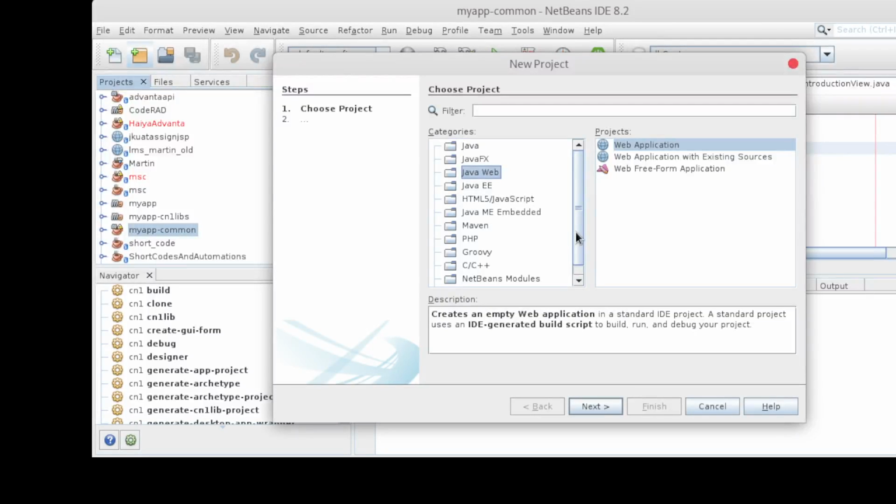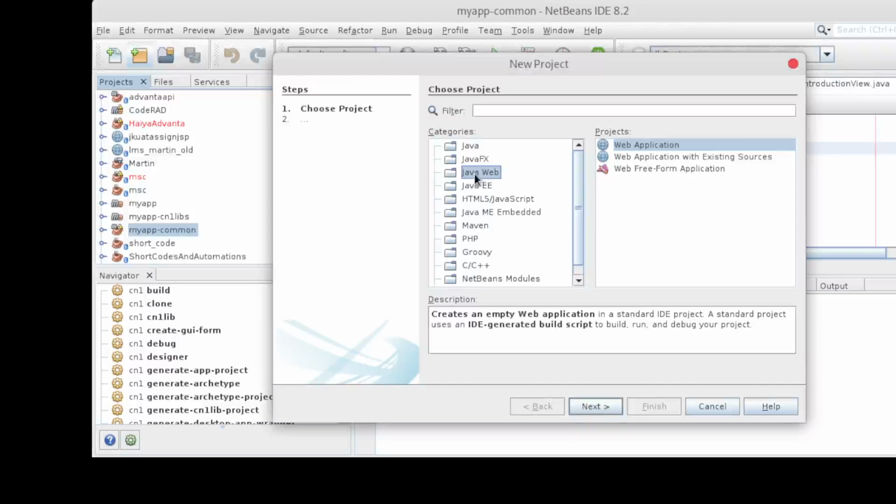They are not available in Apache NetBeans. You can see that it has Java, JavaFX, Java Web, Java EE. Some others I just installed myself, but this will be readily available when you install NetBeans 8.2.